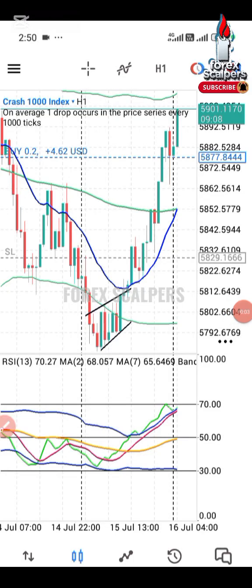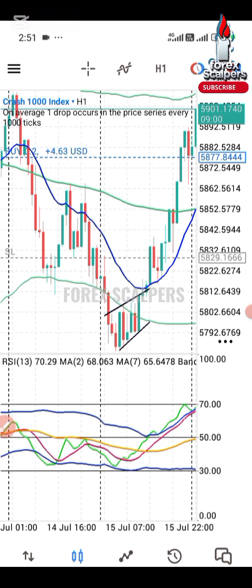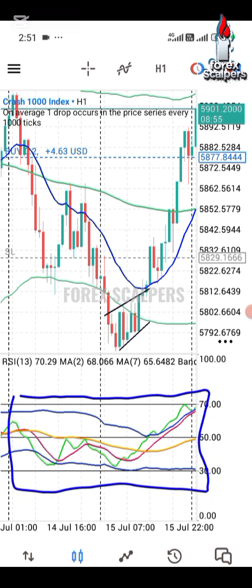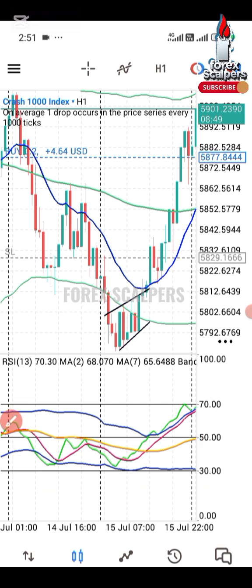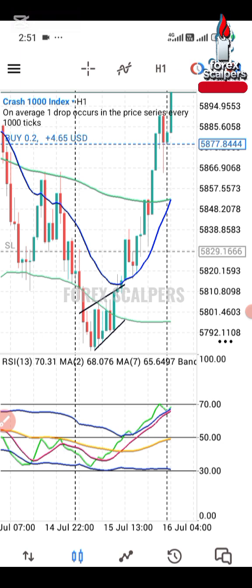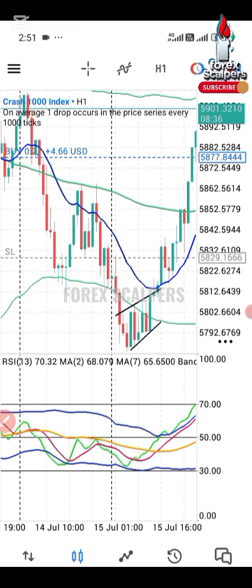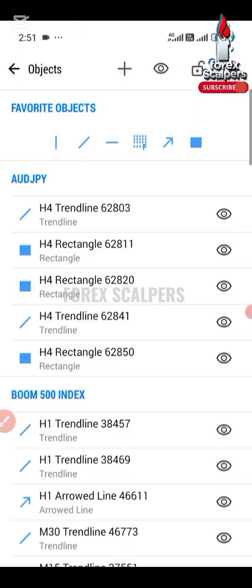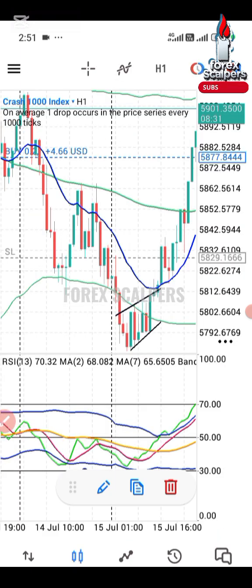So here is the conclusion and summary of our TDI strategy. If you look at my chart carefully, we already know this indicator window here is our TDI indicator, and given the setting, you can watch previous video if you are not clear about the TDI setting, so you can do that on your chart. So now remember, we said first we have our price line, which is this green moving